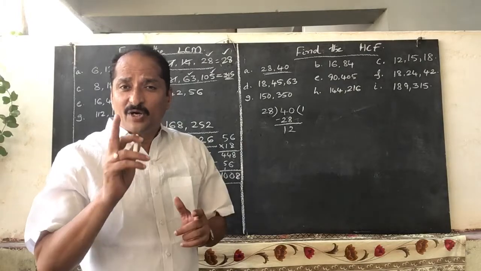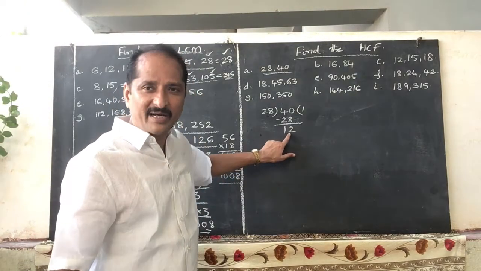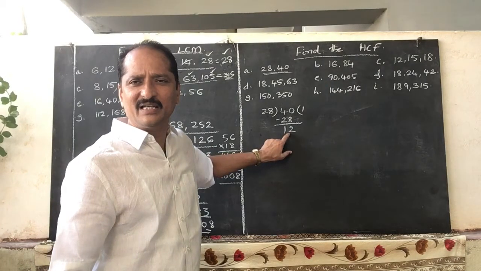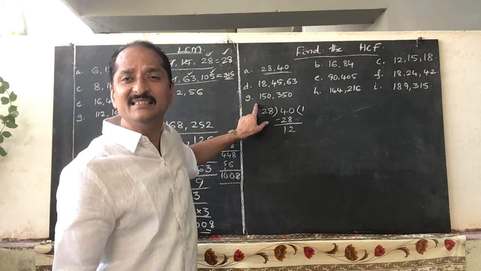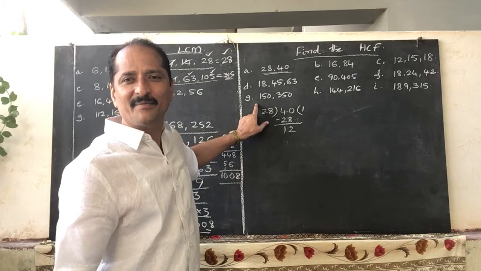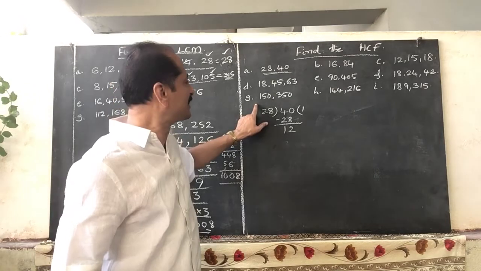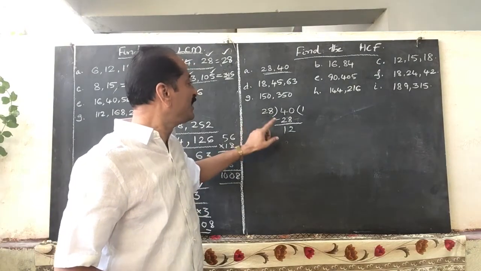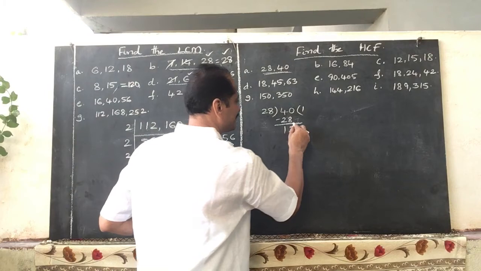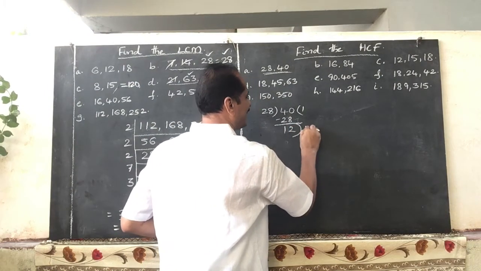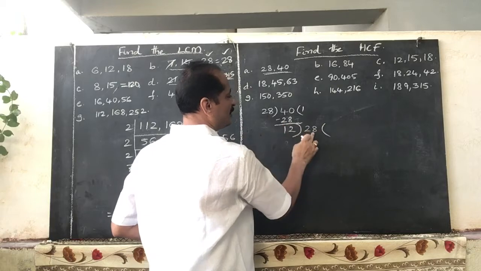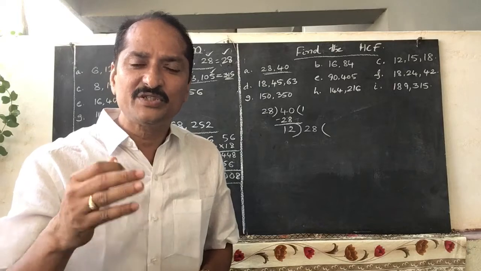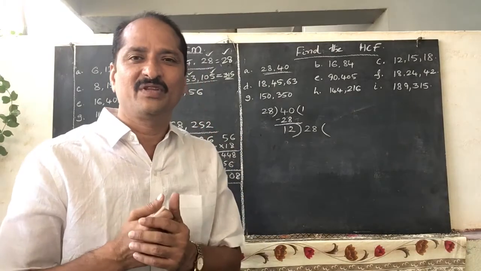Now in this step you have to remember carefully. When you have got a remainder, take this remainder as the divisor, and the first divisor as the dividend. Continue the division process. To continue, do we divide 28 by 12, or 12 by 28? We divide 28 by 12. So make this remainder the divisor and write down the dividend here. This division process should continue till getting remainder 0.